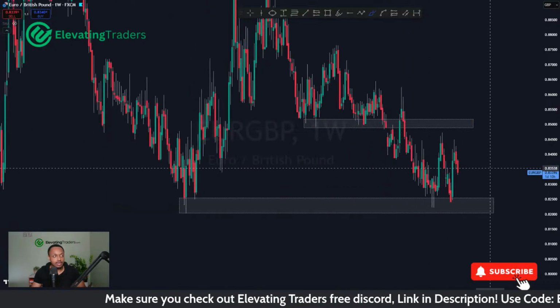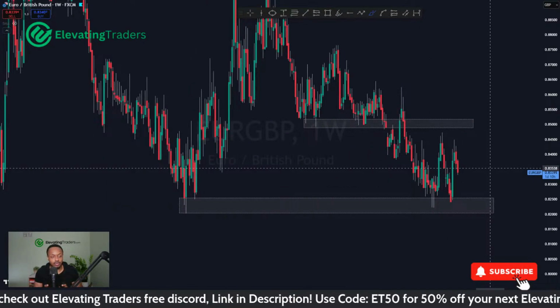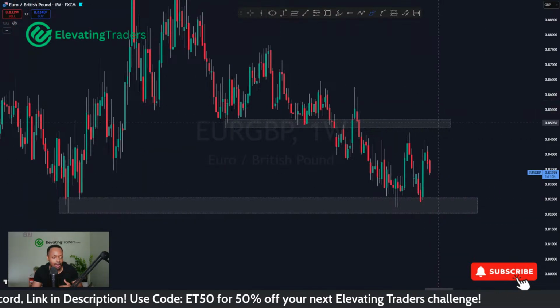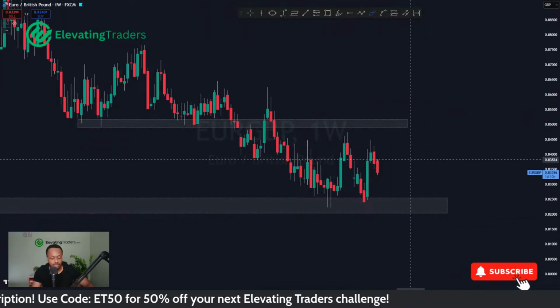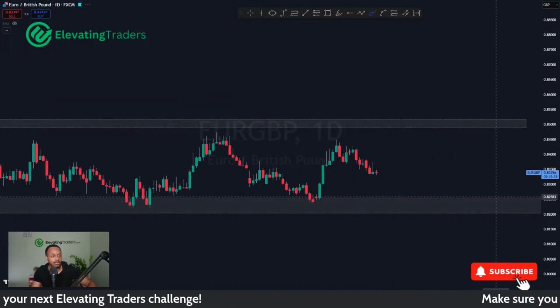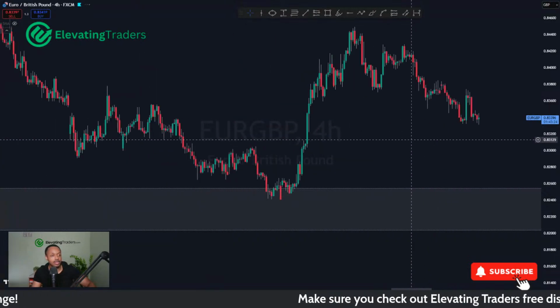So yeah, euro pound looks like it's forming a bit of support. Now it could of course come back and retest support again. It doesn't have to turn around straight away. But I do think the bigger move is the upside. So I'm getting ready for buys for euro pound. But as I just said, I don't really have a clear-cut level to buy it from, so I'm being very, very patient.